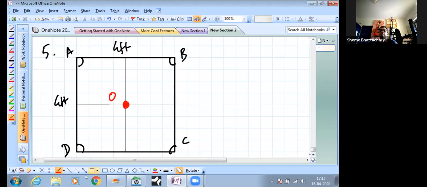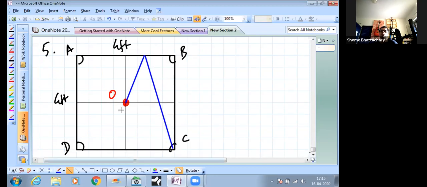And then you're hitting a shot in such a way that you're making it rebound from the front surface. So you're making this rebound from the front surface somewhere here. And after the rebound, it gets collected in one of the back pockets. Okay, so it could have been this way also, but here I'm just assuming. So this is what the question is telling you, that the queen coin is made to rebound from the front wall and then get pocketed at one of the corners at the back.